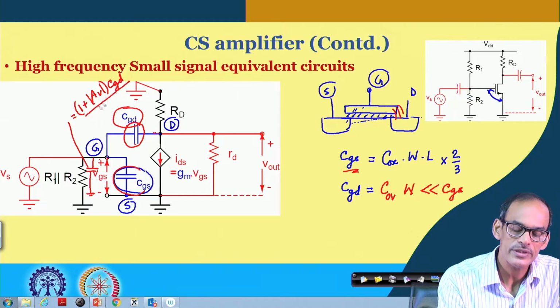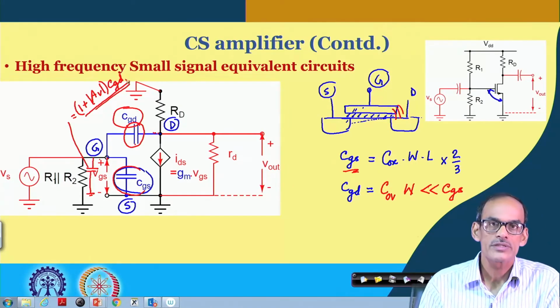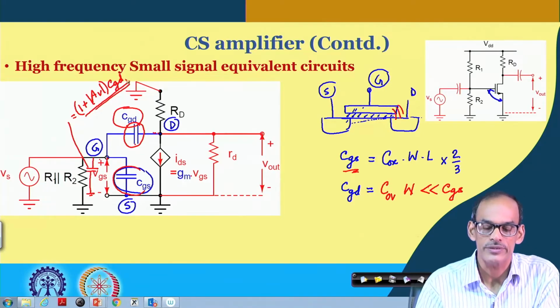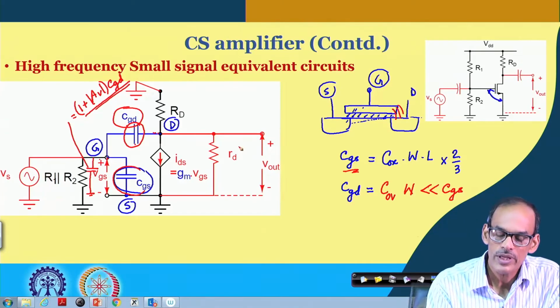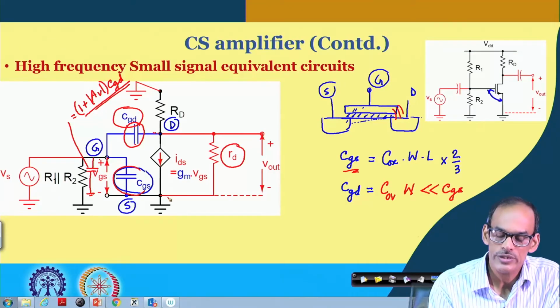We will be discussing this again later, but this comes from Miller's theorem, and it is referred to as the Miller effect capacitance. In addition to that, we are considering this RD, the drain to source resistance, RO or RDS,